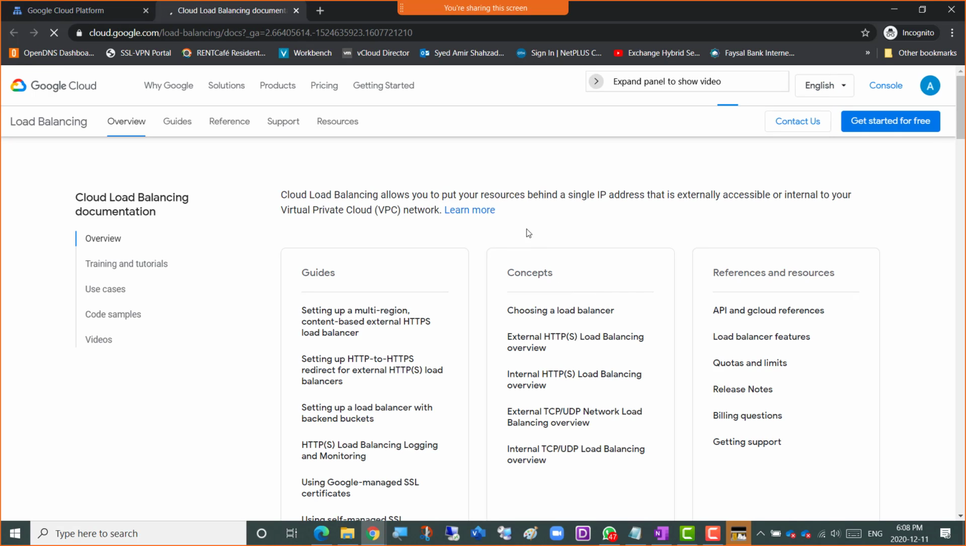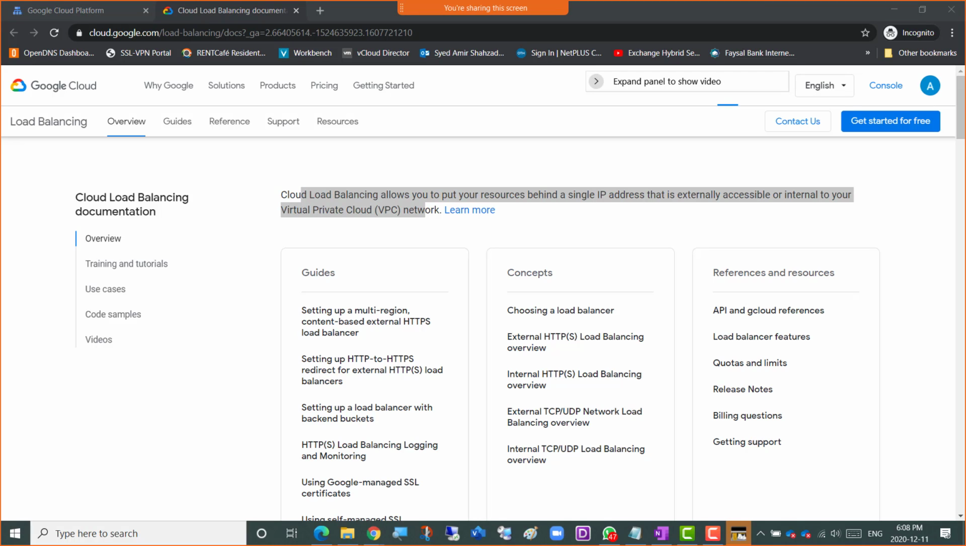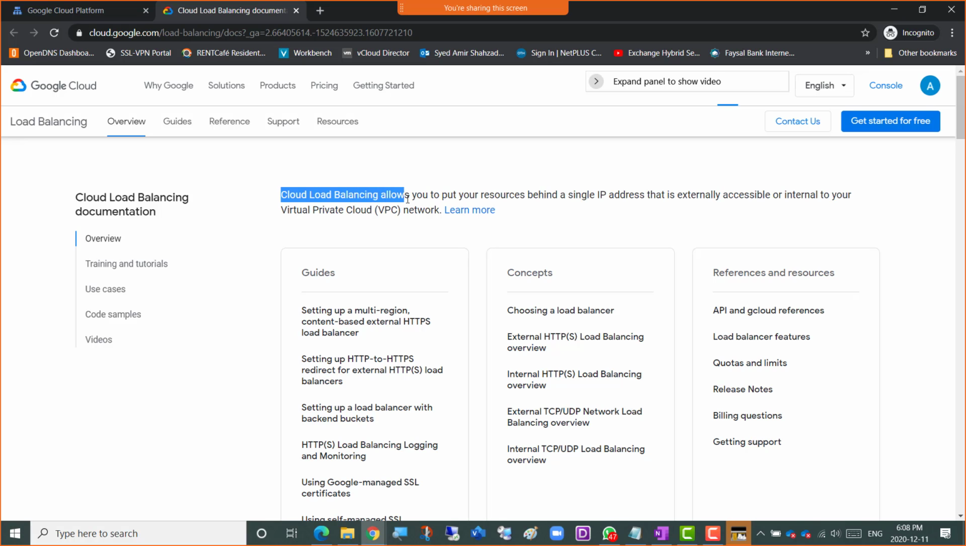What about the Google Cloud Platform? How does that handle load balancing? Just like AWS, just like Azure, exactly all these concepts are same. Cloud load balancing allows you to put your resources behind a single IP address. So we're going to test that today. That is externally accessible or internal to your VPC, right? So we're talking about cloud load balancing,